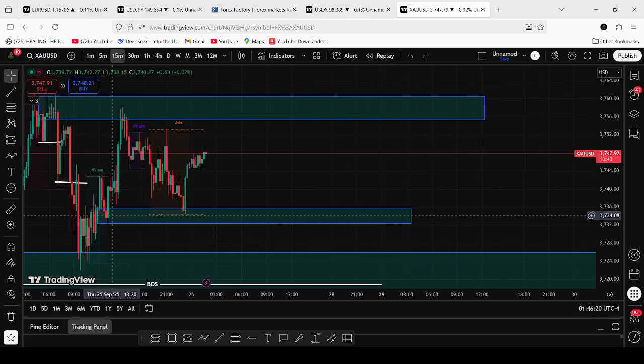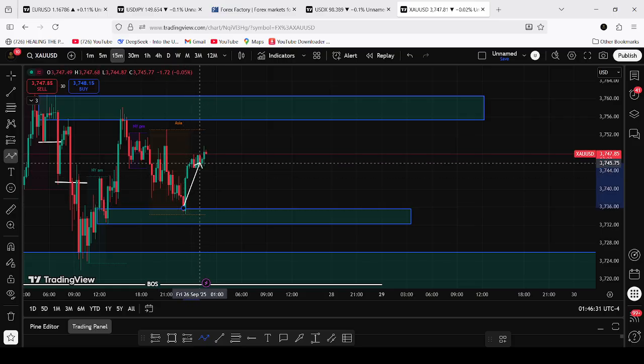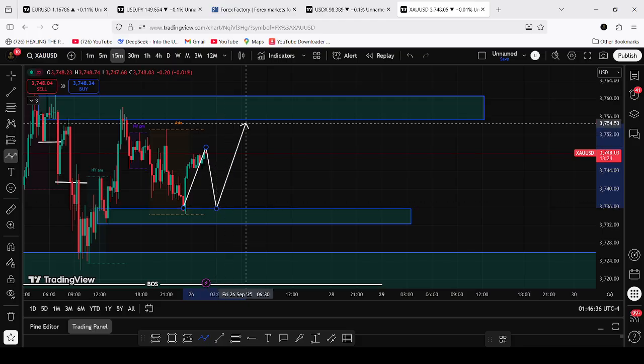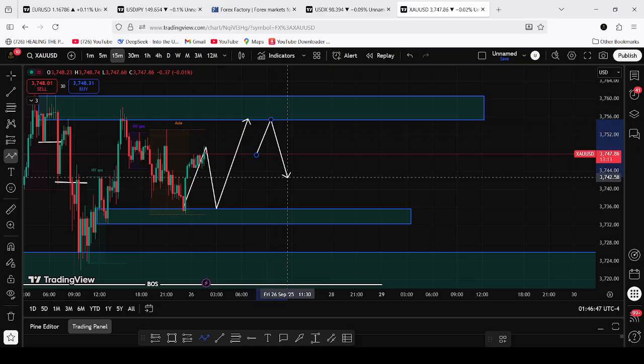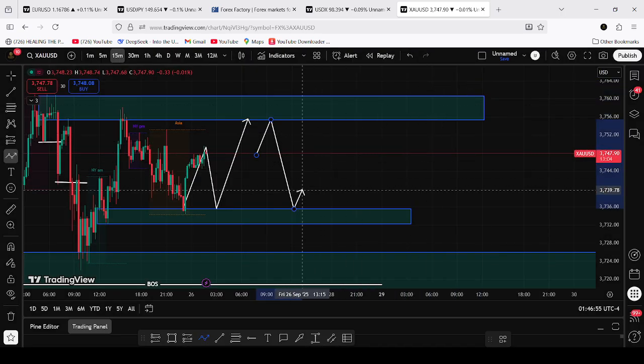For now we are just waiting. The market has just touched this order block, has already mitigated it, and has moved on the upside, for you to be able to align yourself. So for me, I might wait for a retest, then we look for some buying opportunities, as well as maybe at this zone we might be looking for a retracement, then we might see some selling pressure in the market. We are just aligning ourselves with the matter. We might see something like that.